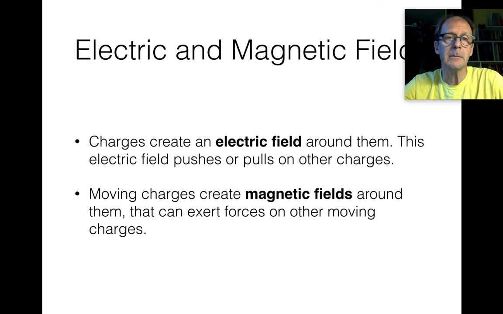So electric and magnetic fields. Before we talk about light per se, I just want to mention you've probably heard of electric fields, you've heard of magnetic fields, you've probably played with magnets at some point in your life. So some particles, a lot of particles, have a property that we call electric charge. And electric charge, if you think about it, is kind of mysterious, but nonetheless, if you have two objects, let's say some socks that you pull out of the dryer, and they have a charge, they can attract each other or repel each other. And so we say that a charge creates an electric field